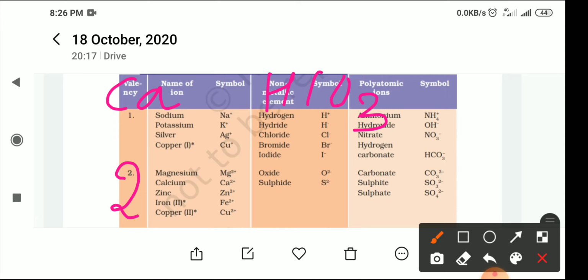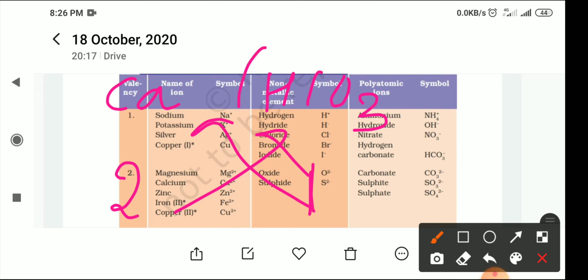What is the valency of hydrogen carbonate, or bicarbonate? This is HCO3 with valency -1. So 1 is the valency. Now what we are doing is crisscrossing. Whatever the valency of bicarbonate, it goes to the bottom of the calcium, and whatever the valency of calcium, it goes to the bottom of the bicarbonate. And this is an ion.